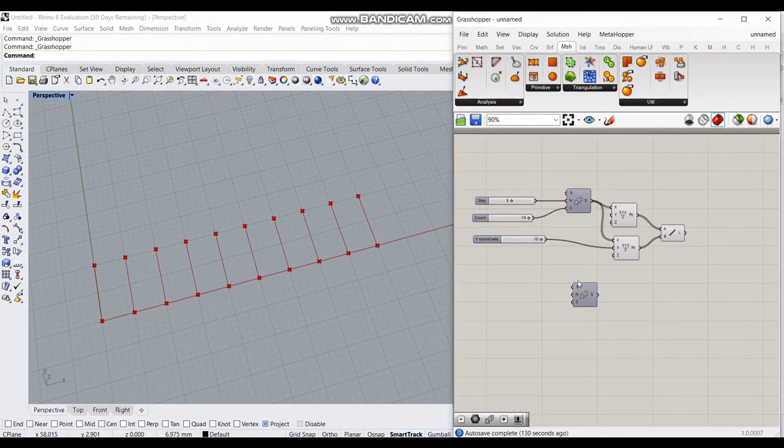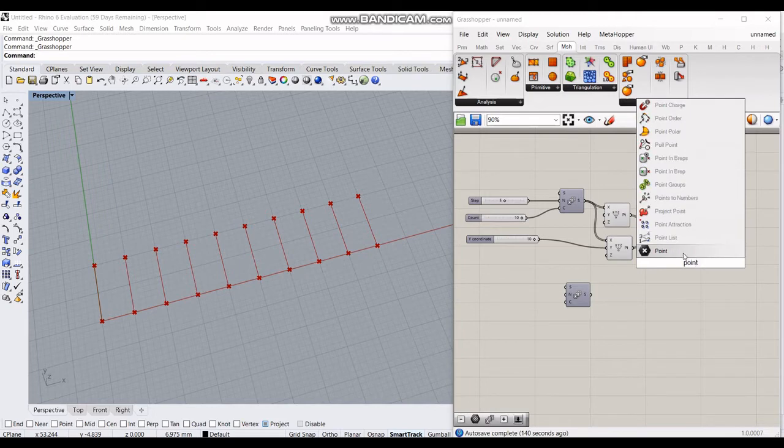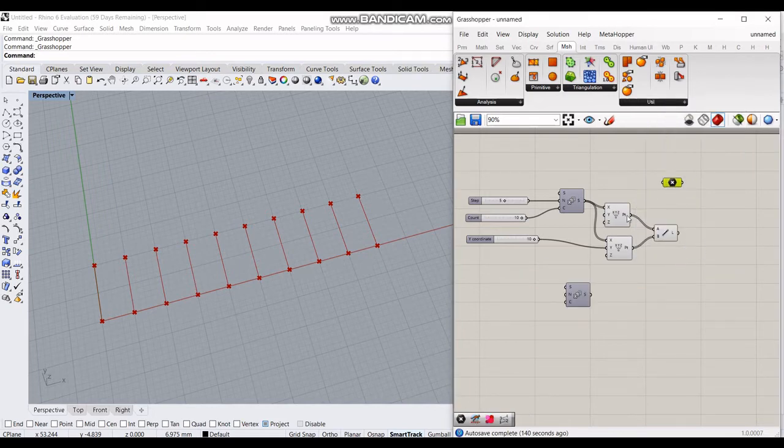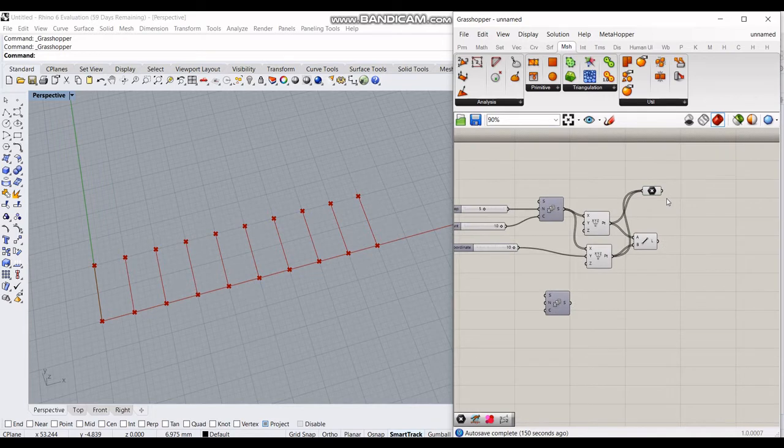So let me initialize the series component. We'll combine these points together, and that will come in handy later. Let's see how. And now we know that the index of the points can be visualized by using this point list component.